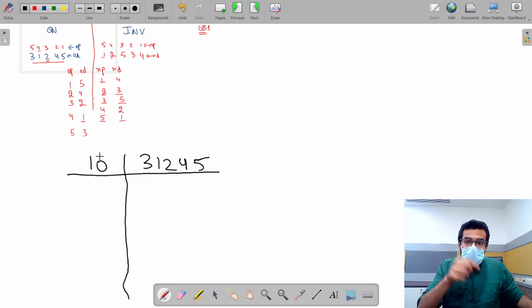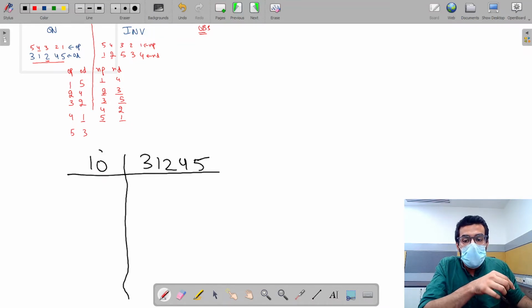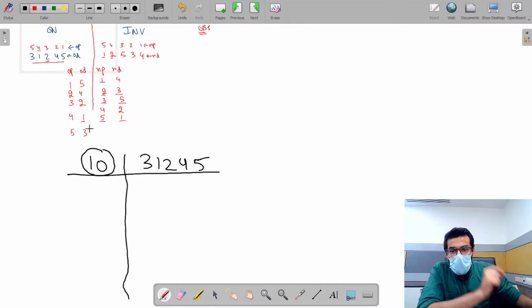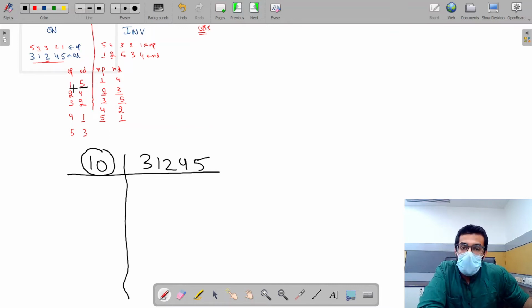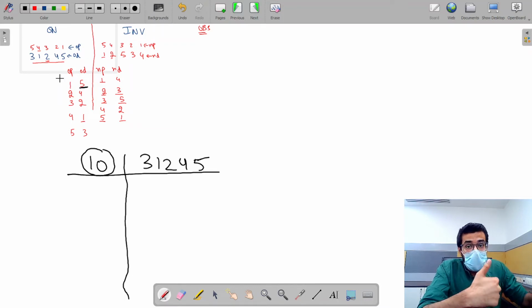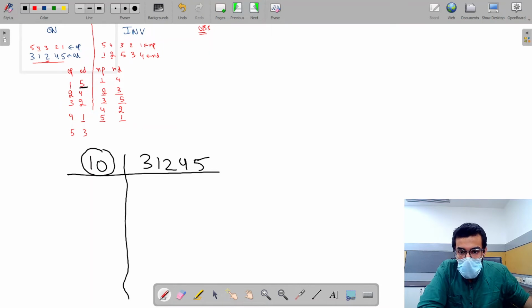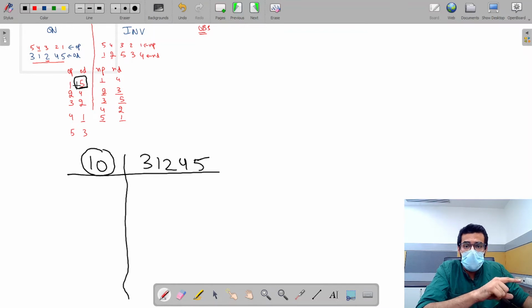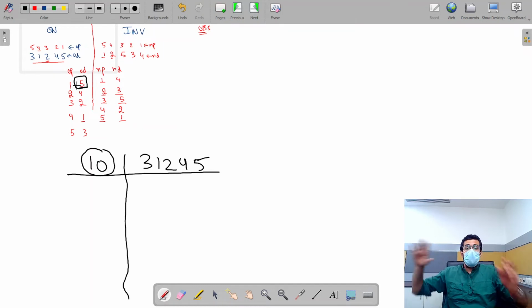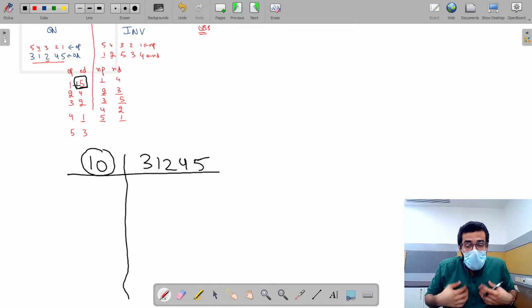this by 10. The reason why I took the divisor as 10 only is that first I am separating 5 from it, only the last digit. And when I want to separate the last digit and the digit is only 1, can I say that I can take this out with the help of the remainder? And when I want the remainder to be of 1 digit, then I take the divisor to be 10. If you are coming from my count of digits video, then you definitely know this particular thing.